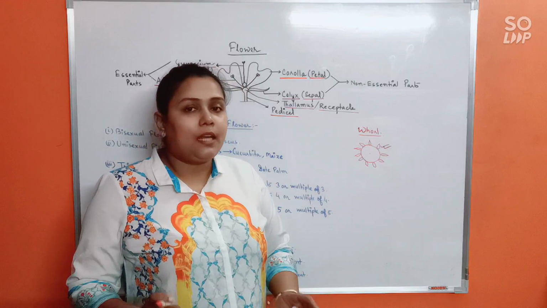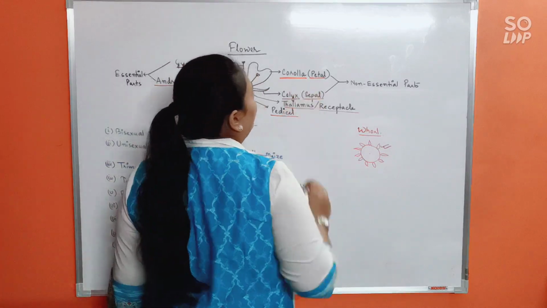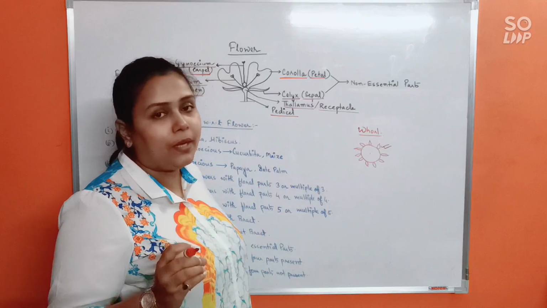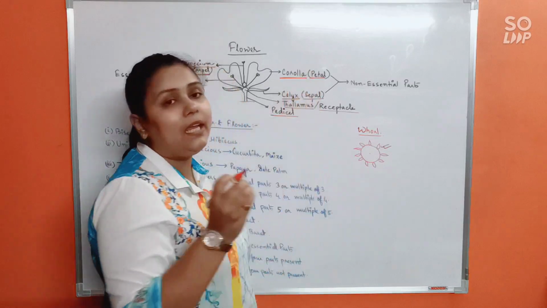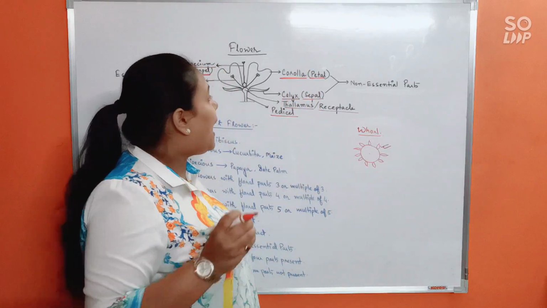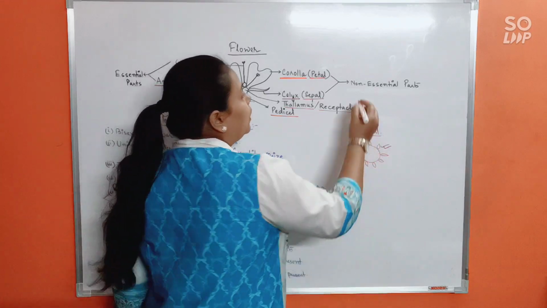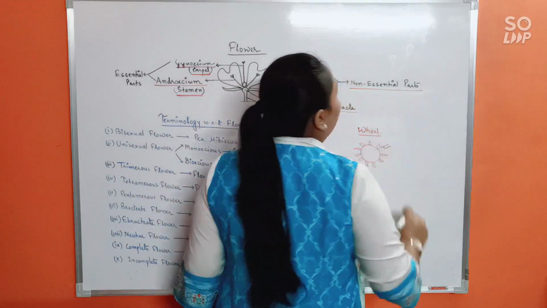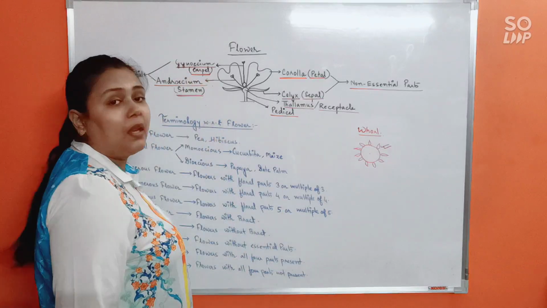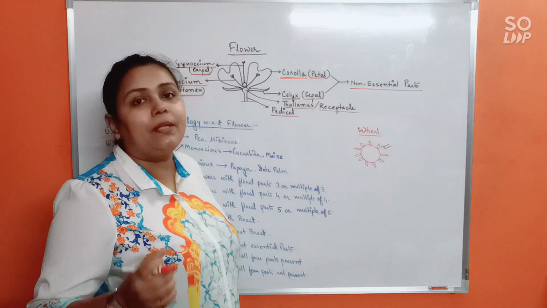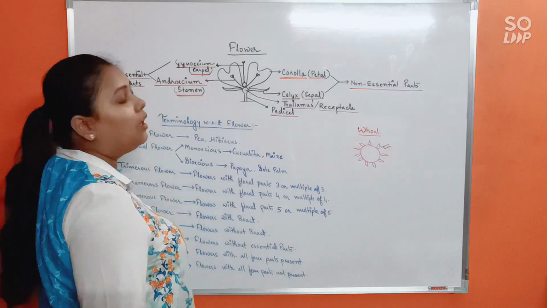Is that clear? Now, for a very, very important part for you to remember, see, calyx and corolla have their prescribed roles to play and they are also important, fine. But they are not directly going to produce the male and the female gamete. As they are not directly responsible for production of male and female gametes, hence we call them non-essential parts of the flower. Understood? On the other hand, androecium and gynoecium would be producing the male and the female gametes directly, right? So that's why we call them essential parts of the flower.